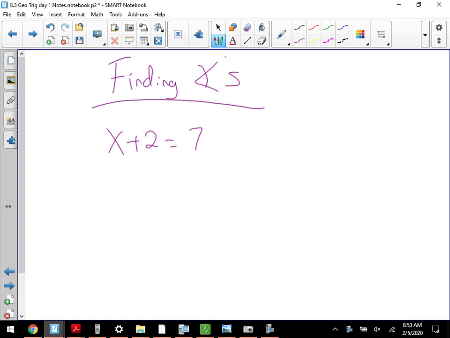Because isn't subtraction the inverse operation of addition? You guys okay with that? Inverse operation? Does that ring a bell? So I would subtract 2, and x would equal 5. Okay. Now, what if it was,